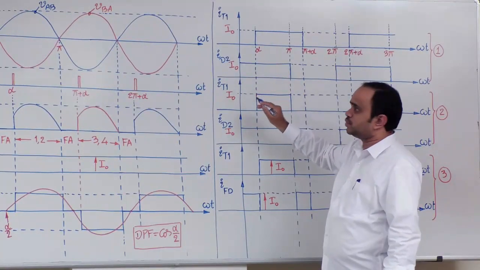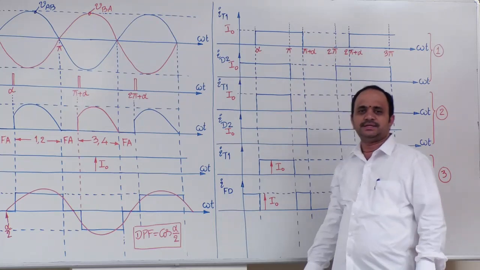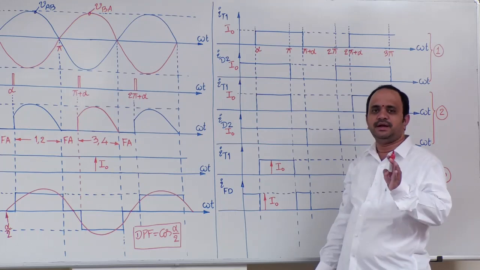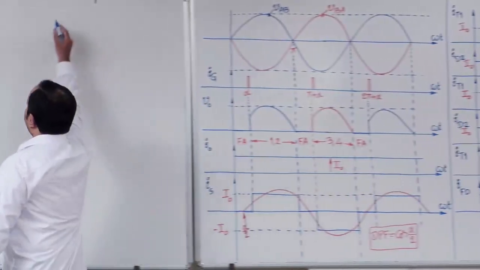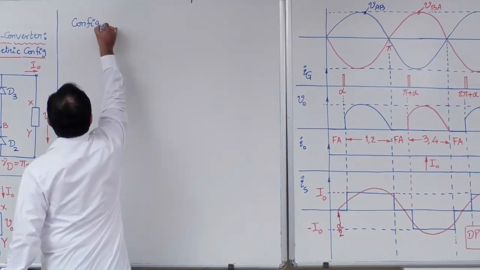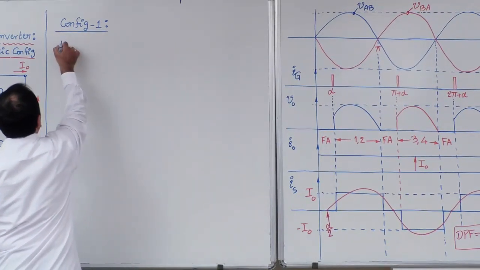Okay, now what I will do, by using these two waveforms, I would like to calculate average and RMS values for thyristor current and diode current. Follow carefully. For configuration 1, so what I would like to find here,